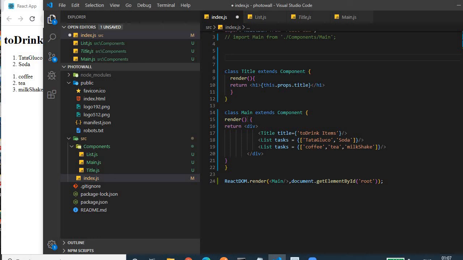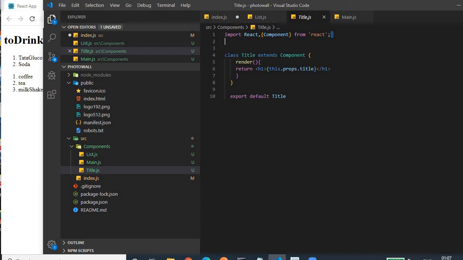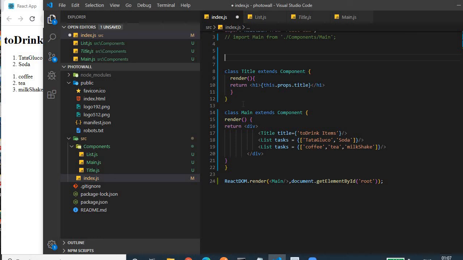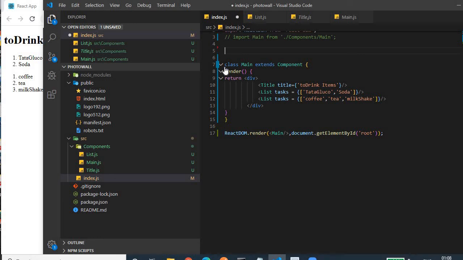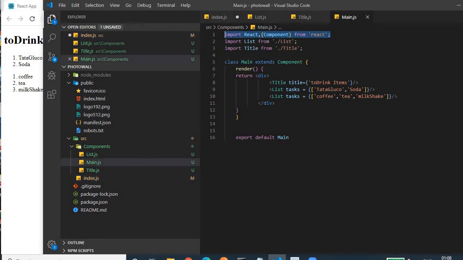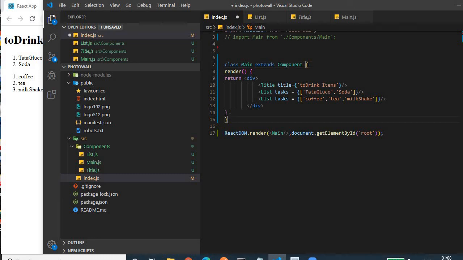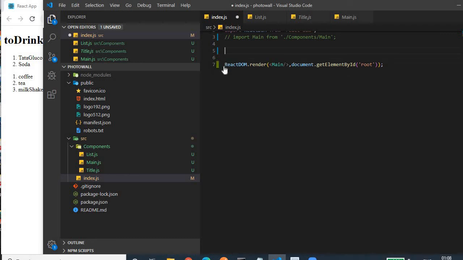Then in the title file, we have the same class code that we had written, and we are removing it from here because now we don't want to write in a single file. Then the main component, whatever we had written, I have written the same thing here up to this. The main component is not needed here. This is how we are reducing the number of lines of code and refactoring our application.